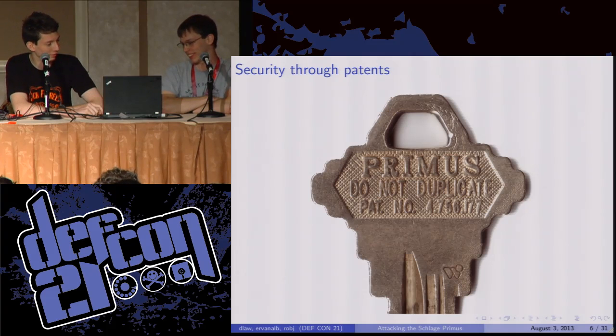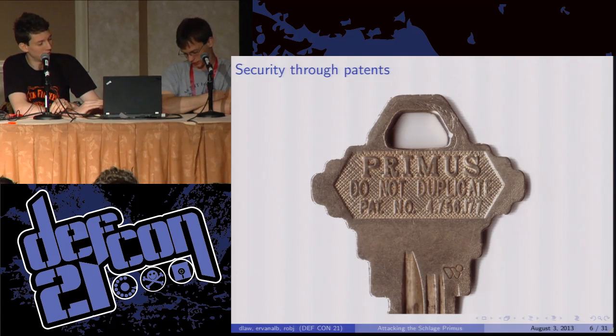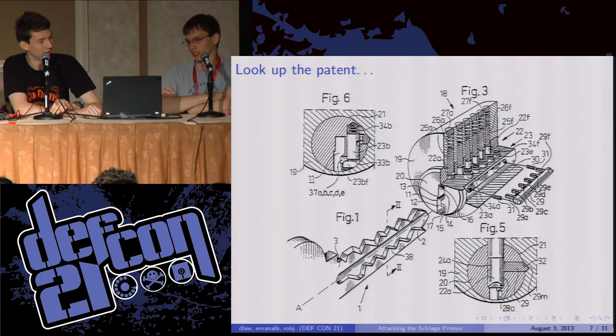But then the third line of the key is quite interesting. It's a U.S. patent number. Now, I'm guessing Schlage thinks that the patent makes the key more secure, that they can use it to pursue legal action against anyone that's so foolish as to try duplicating these. But actually, U.S. patent filings are public. So you look it up, and you get...